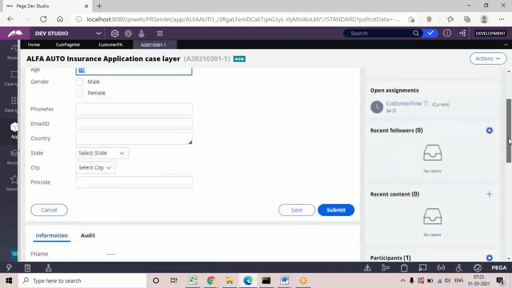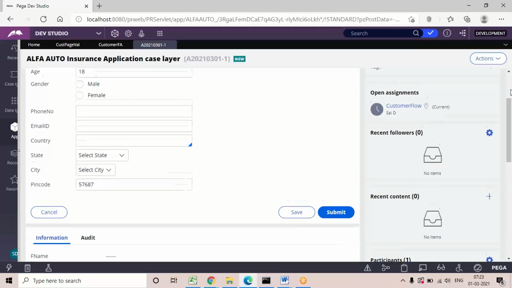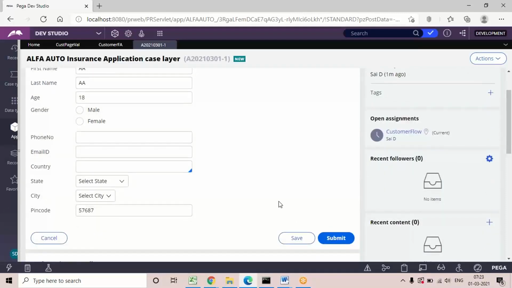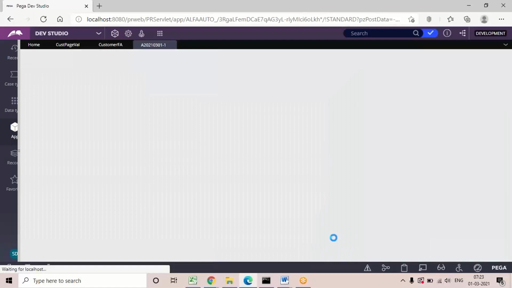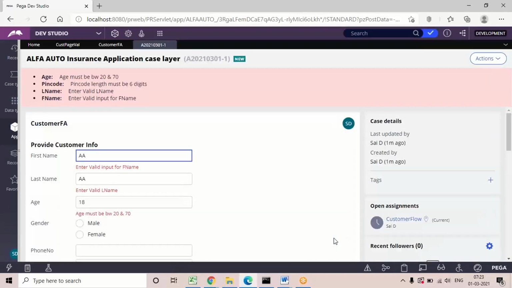Then I'm going to provide input for pin code. It should be 6 digits, but I'm entering only a 5-digit number. Now click on submit. This obj validate or validate rule comes under server side validation. That is, after giving input and after submission only, it is going to read the condition and throw these messages.